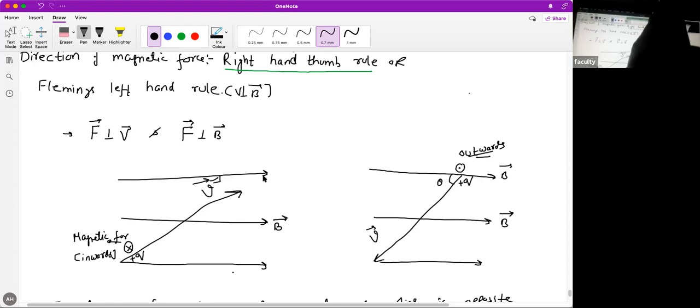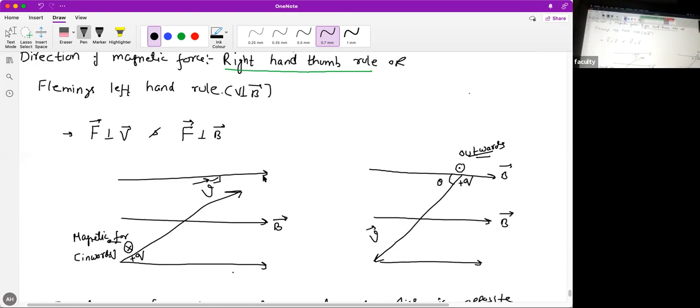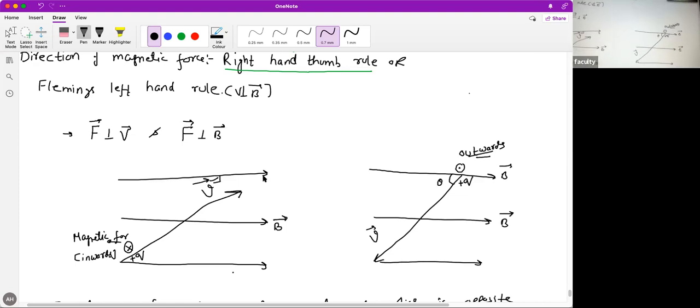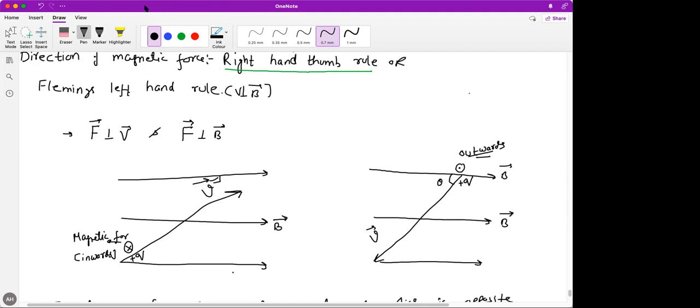This is the direction of velocity. I'm placing my finger along the direction of velocity and I'm curling it towards the magnetic field. In this way. Thumb is going inwards. Yes, Fatma, did you get the direction? Inwards? Yeah, it should be inwards. In the second case, take your right hand, place your finger along the velocity and curl it in this way, along the magnetic field. Where is the thumb going? What's the direction of thumb? Outwards. Yeah, outwards. This is how we decide direction using right hand thumb.